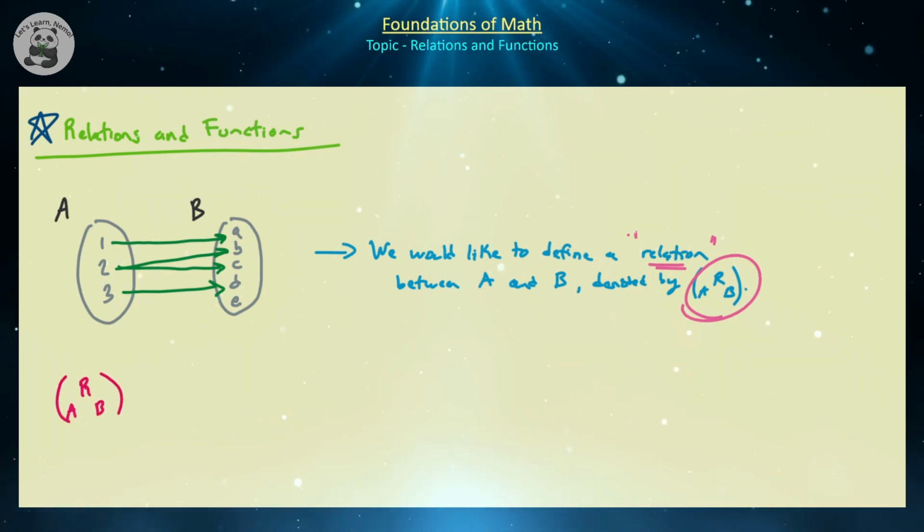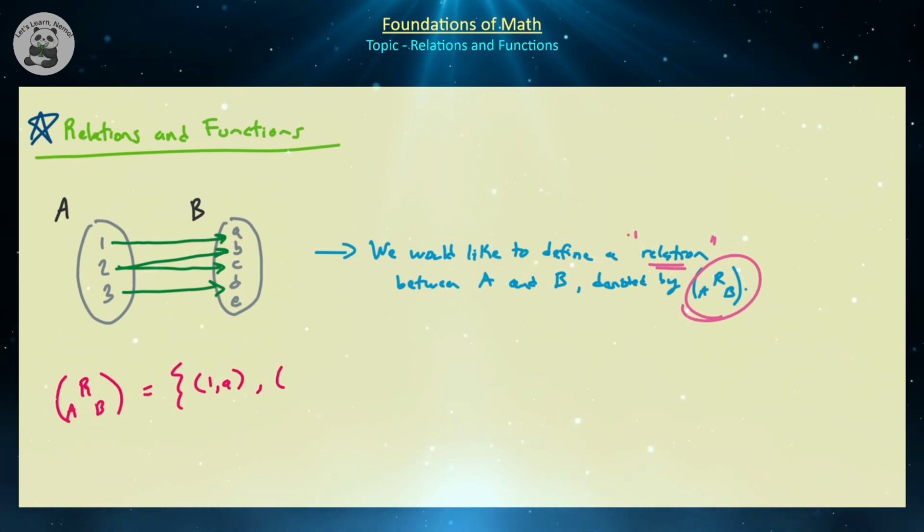So a relation is, of course, a set, and it's going to be a set of ordered pairs because we have an element in A and an element in B together. They have a relationship, and we call that relationship an ordered pair. So 1 is related to a, so we write that as (1, a). Then we have (2, b), we have (2, c), and we have (3, d), and that is